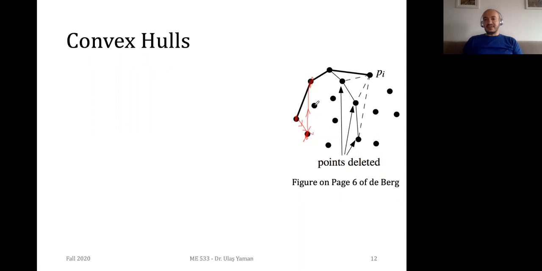What is the next point? This is the 4th one. So now I will add this one. Let me erase it. Now we have these 3 points: the first one, the 3rd one, and the 4th one. We have eliminated the 2nd one. But let's see whether we are making a left turn or a right turn. Yes, that's it. This is our